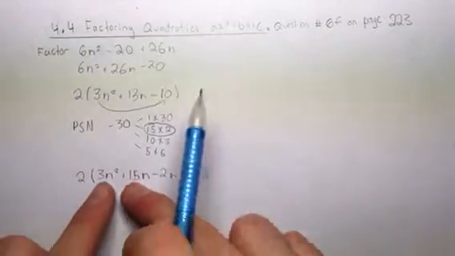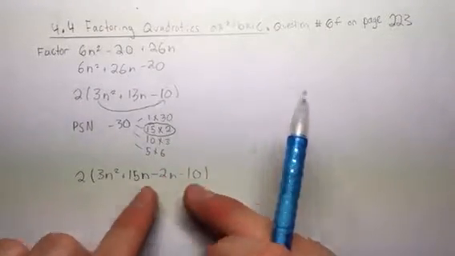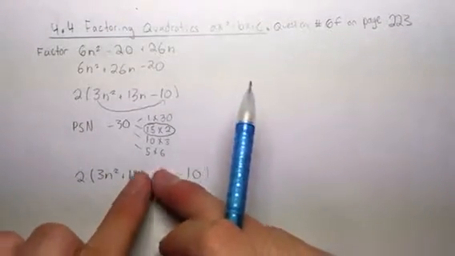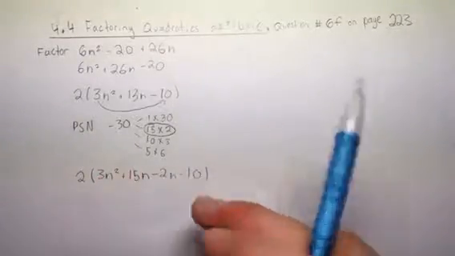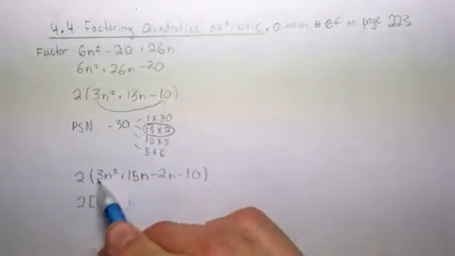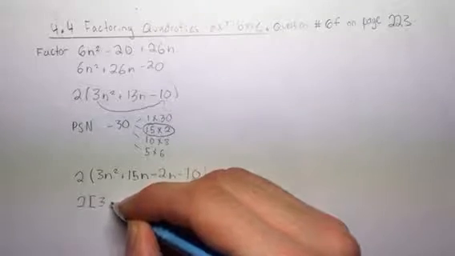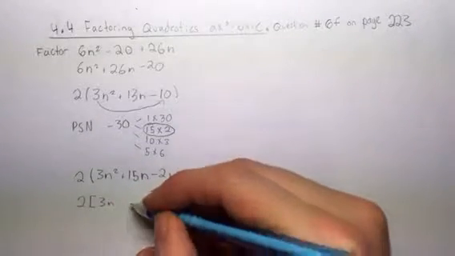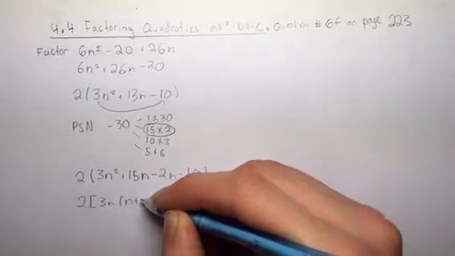We're going to factor out what we can with these two terms, and we're going to factor out what we can with these two terms. That's why I put them in this order, because they have a possible greater common factor. So 2, and then we're going to add our square brackets, and then we can pull out 3n out of that bracket. So 3n, and that leaves us with n plus 5,